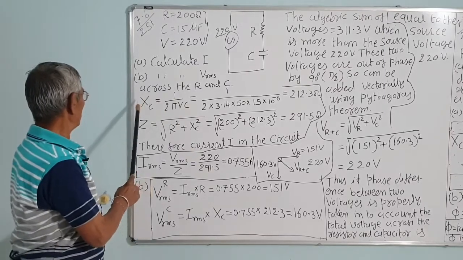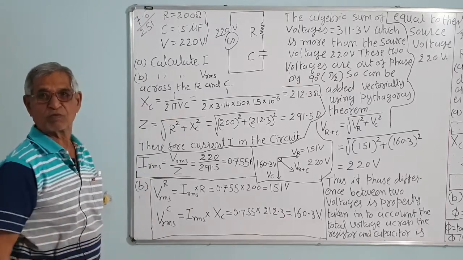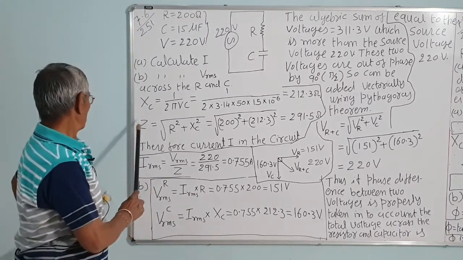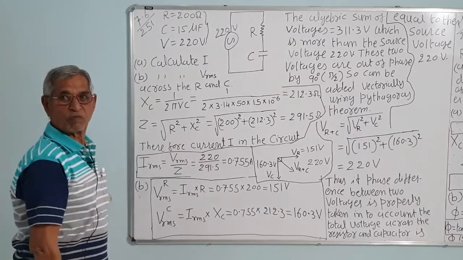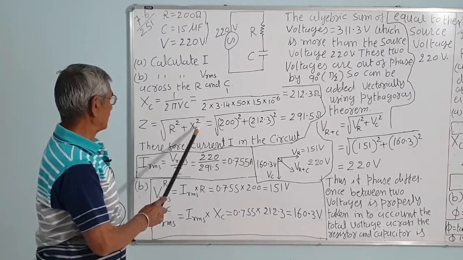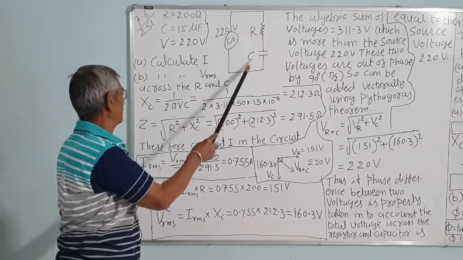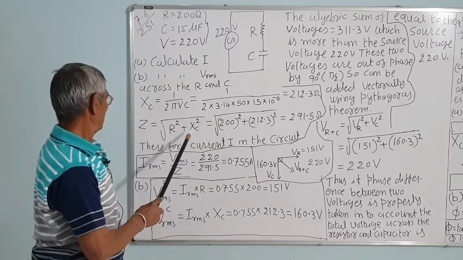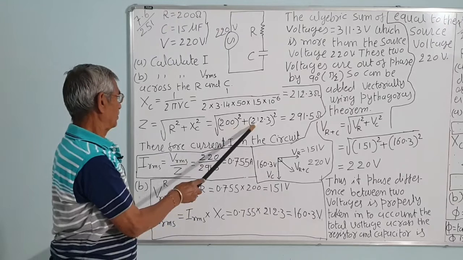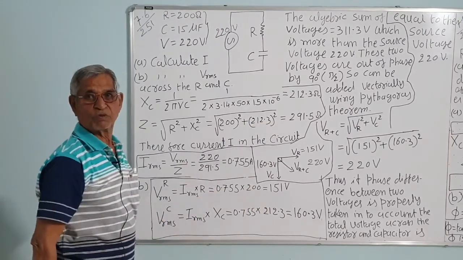It should be, we know that capacitive reactance is equal to 1 upon omega C, and omega is 2 pi nu, so it is 1 upon 2 pi nu C. So impedance Z, that is the total opposition in the AC circuit, is equal to under root R square plus Xc square. This is an RC circuit, they are connected in series, not parallel. So R is 200 given, square, and 212.3 square,